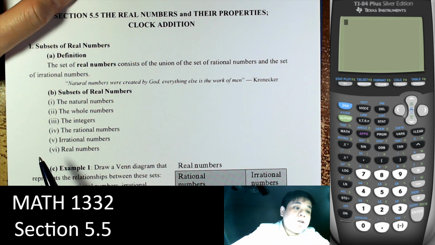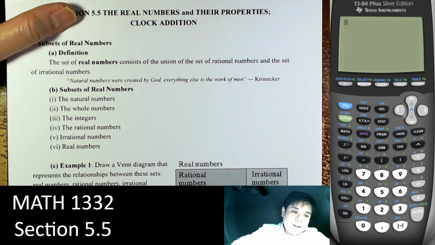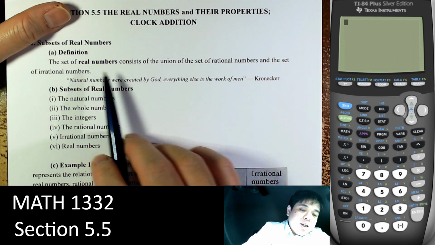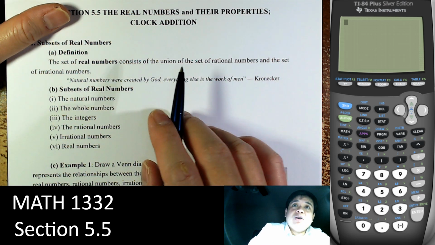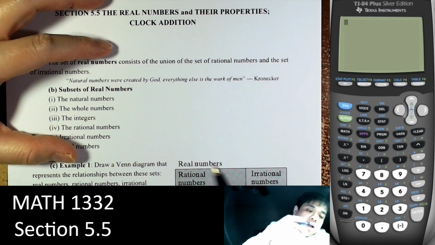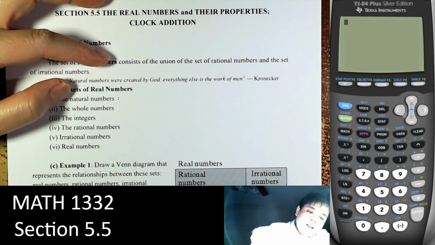Throughout this chapter we talk about different subsets of real numbers. Now let's review. The set of real numbers consists of the union of rational numbers and irrational numbers. Okay, we'll get to that in a minute. Now let's just review. The natural numbers